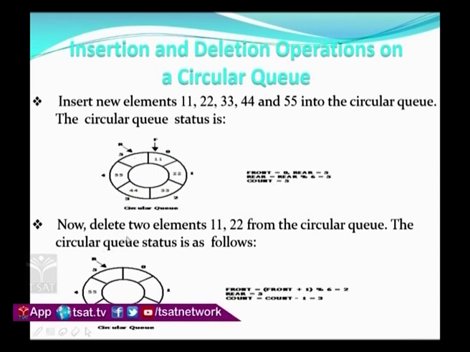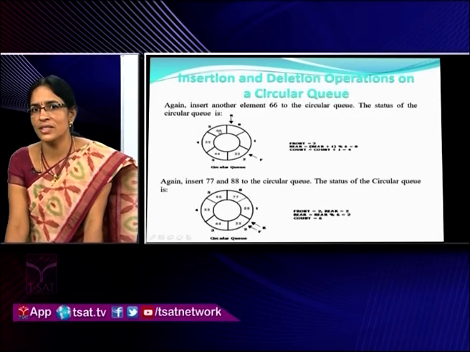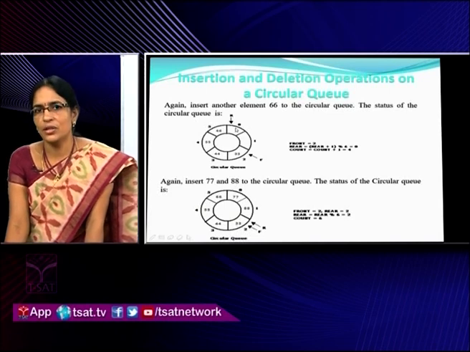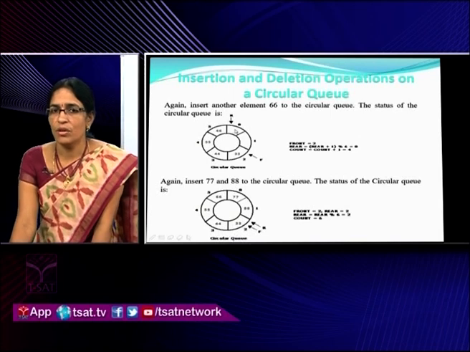Now delete two elements 11 and 22 from here; 11 and 22 are removed. Now this is the front. So now front equal to 2, this is 0, this is 1, now front equal to 2 and rear equal to 5. Again you can insert elements here; I am trying to insert some element 66 at the rear. After that the rear value reaches the maximum, but this is a circular queue, so there is a possibility again that we can do some insertion operations at these positions. That means now we can insert the elements from the 0th position.